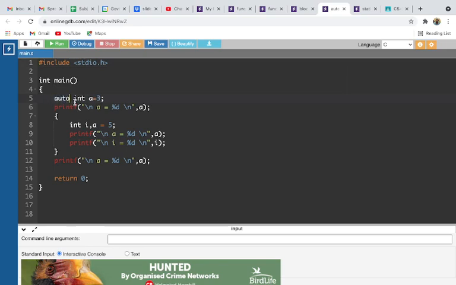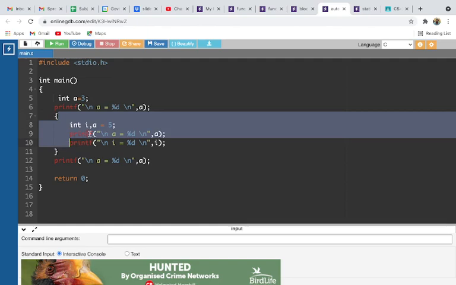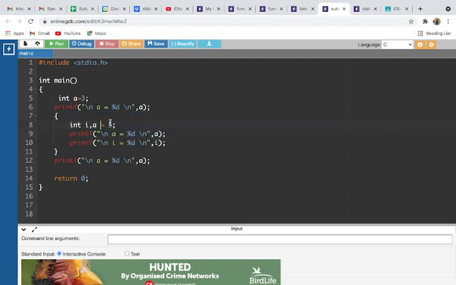It is not needed; even if we do not use the name auto, it means it is an automatic variable. Here i and a are inside a block, so i and a are also automatic variables.